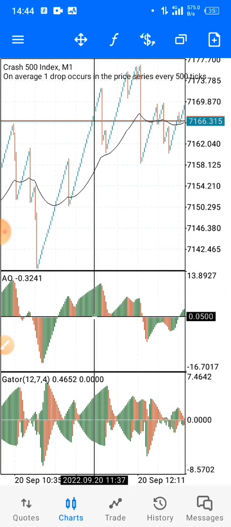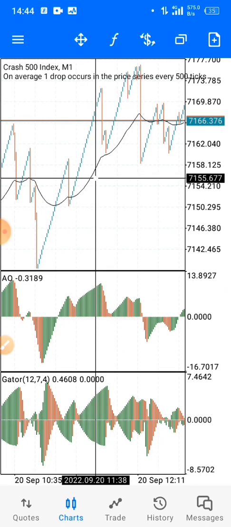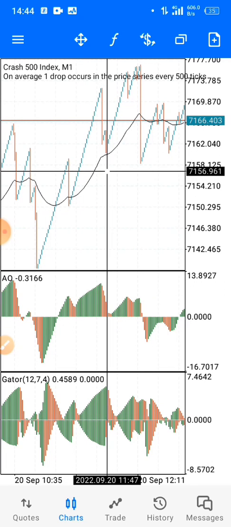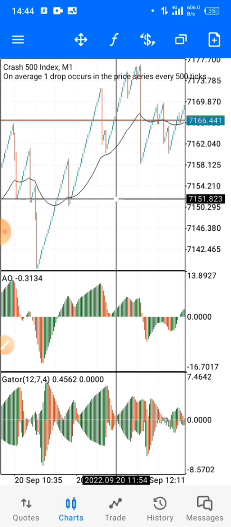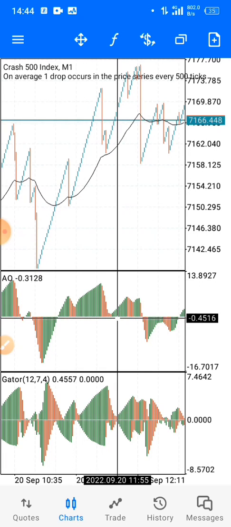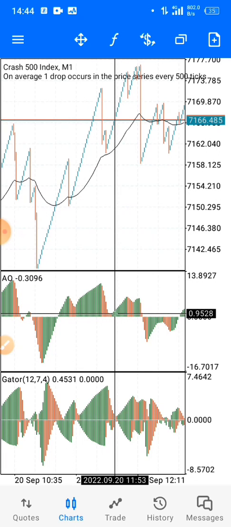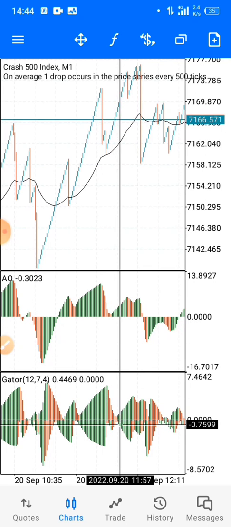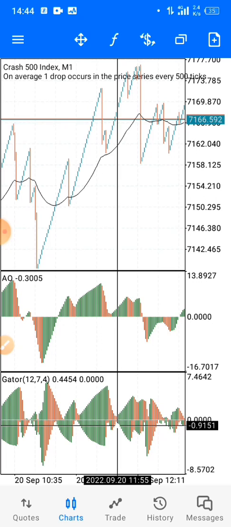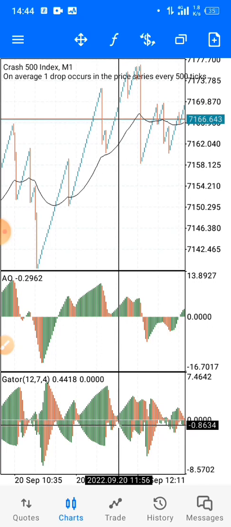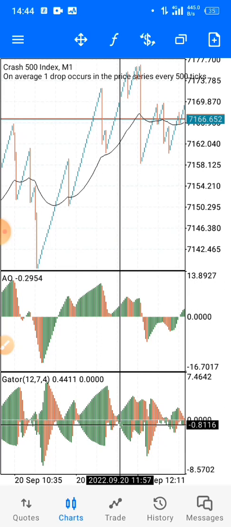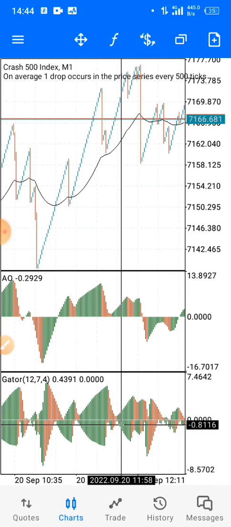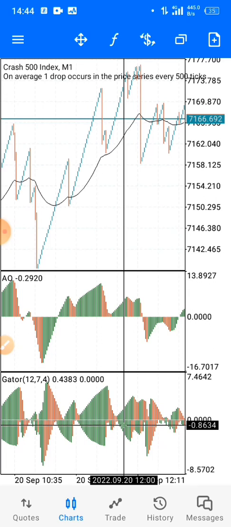So here the candlesticks are above level 50. Then the Awesome Oscillator is above the level 0. Then it turned green. Now we are only waiting for the Gator Oscillator to turn green. Then we can take the trade. So it turned green here. So 1, 2, 3, 4, and 5. You are out. So we're only targeting